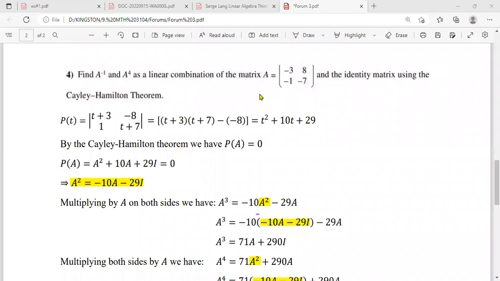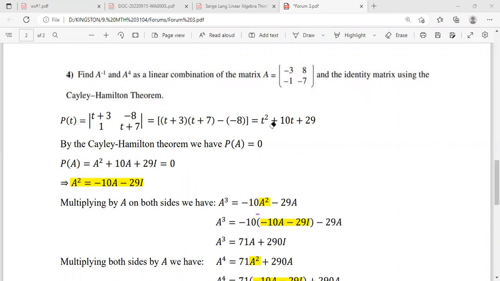Okay, so now we have a very similar problem as the one that we worked before. Basically, what we want to do again is to use the matrix A, write linear combinations of that and the identity matrix to arrive at A inverse and A to the 4th power. Okay? So we will utilize again the principle stated in the Cayley-Hamilton theorem,